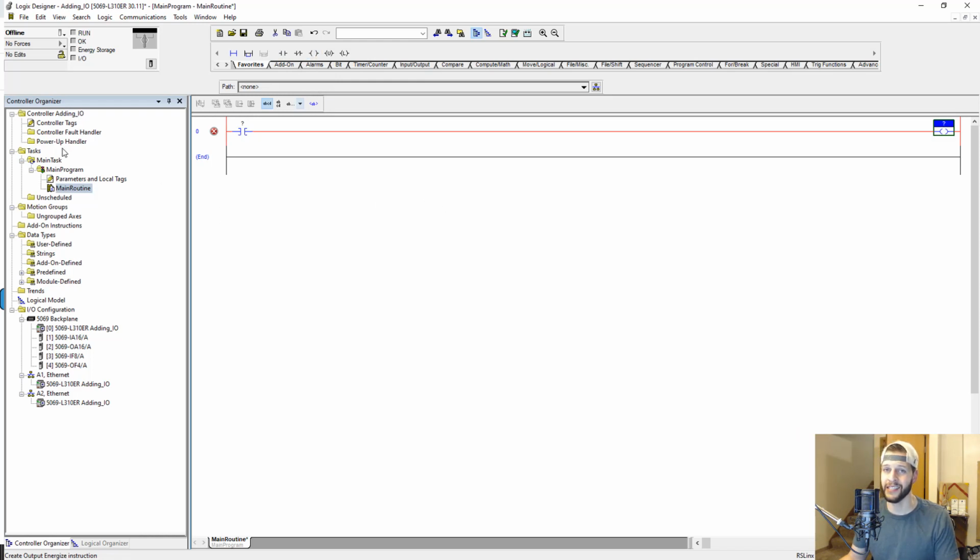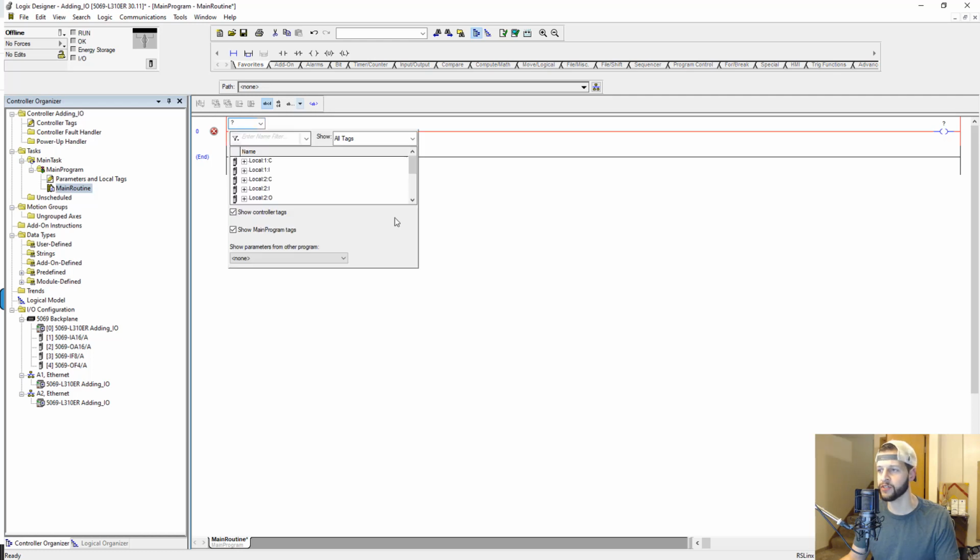So for the XIC, we want to address this to our discrete input module, or digital input module. If you double click this question mark, and then click the pull down menu here, you can see what addresses are available from our I/O modules. Our discrete input module is the IA16 over here, which is in slot 1 again. So if we go to local